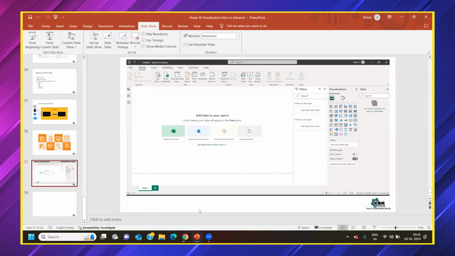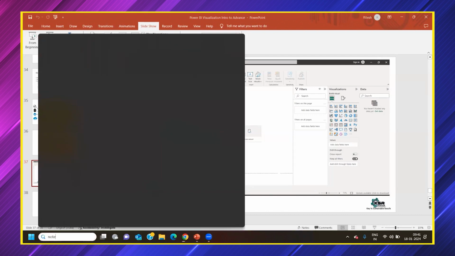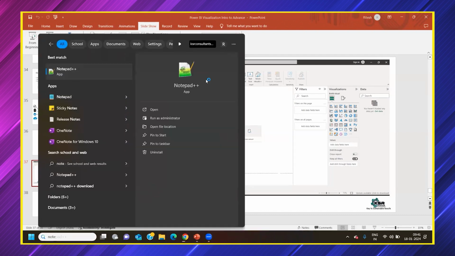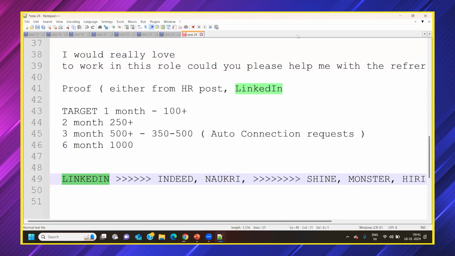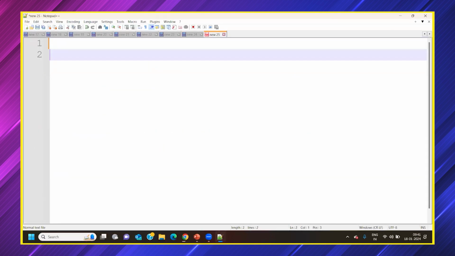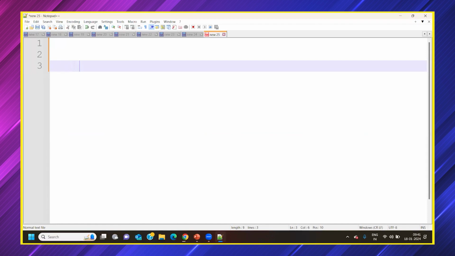Now, I also wanted to highlight one more thing. Let me open Notepad. There are already people who have joined this course prior to Power BI with SQL. We have already completed SQL. People who are interested to join now, for you also SQL will be covered. Yes, there are multiple courses going parallelly in KSR. Either you can attend SQL there, or else once we complete Power BI and Azure, you can re-attend SQL classes in the new batch. I would be the same trainer there.